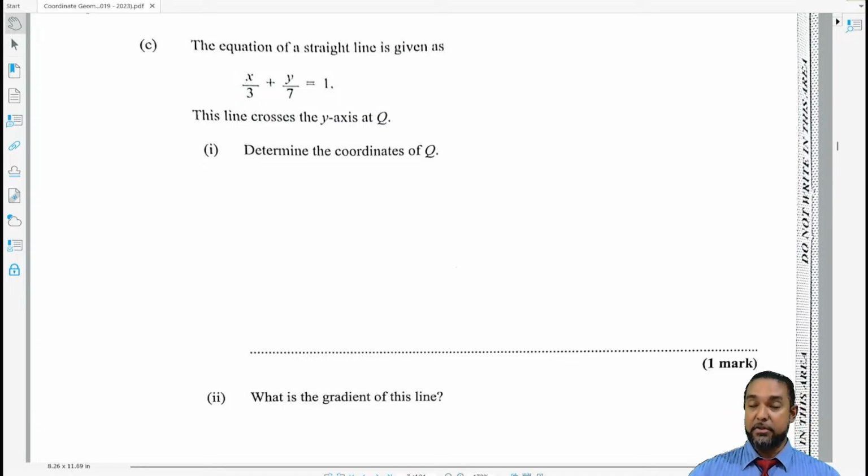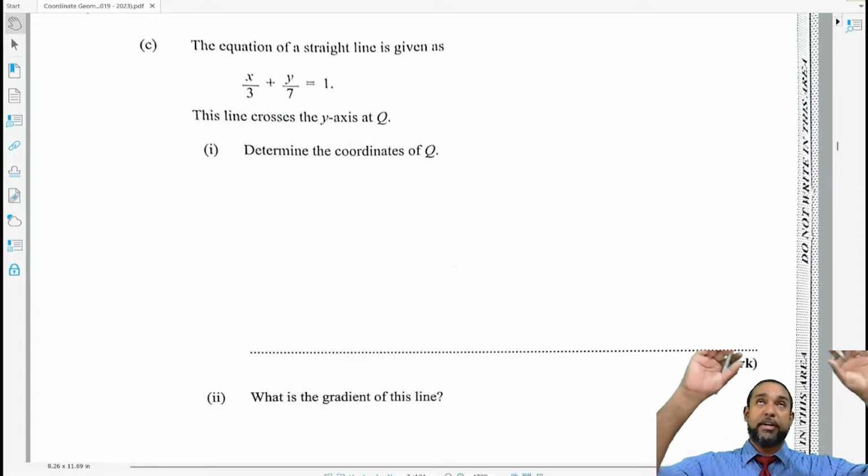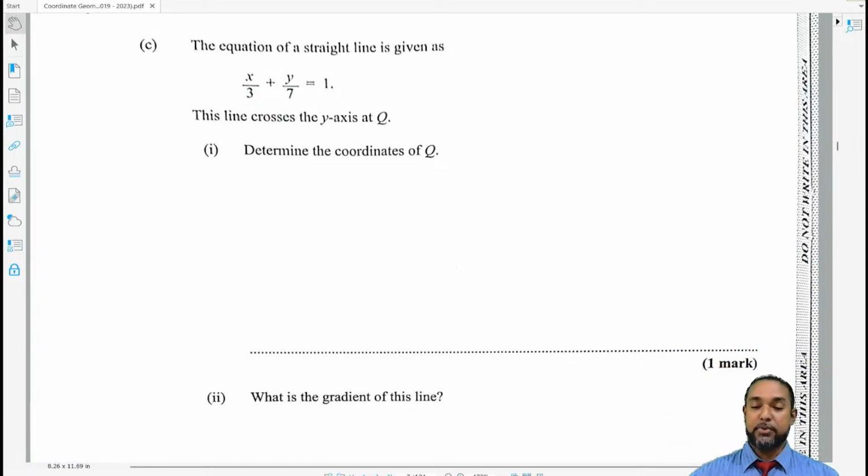And then what is the gradient? To find the gradient, you can either find a second point on the line, and the easiest one might be the x-intercept, by plugging in 0 here, and then you could use your regular formula, y2 minus y1 over x2 minus x1. Or you could convert this into the form y equal to mx plus c. Whichever one you want to do, I'm going to do both. I'm giving you a couple of minutes to get a head start, make your little mistakes, have your challenges, and ask your questions, should you have any.